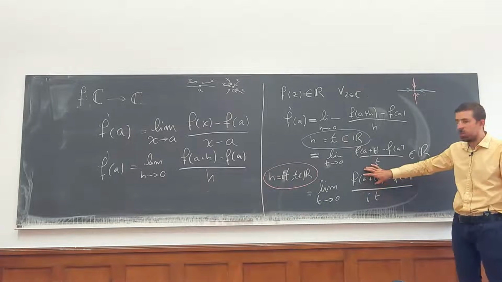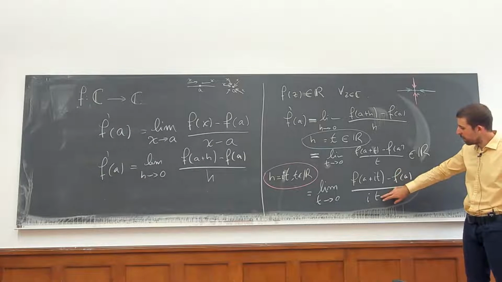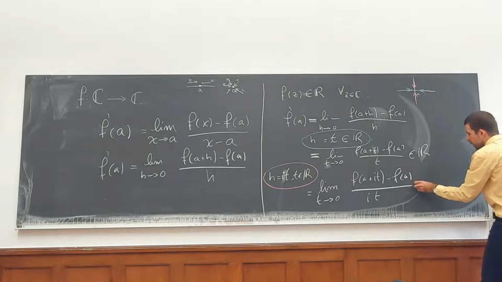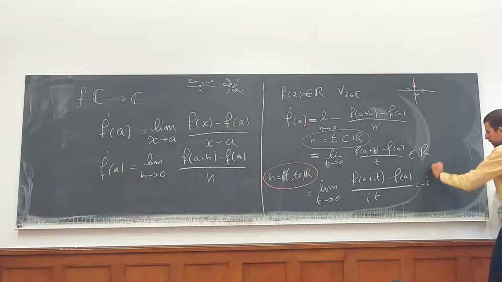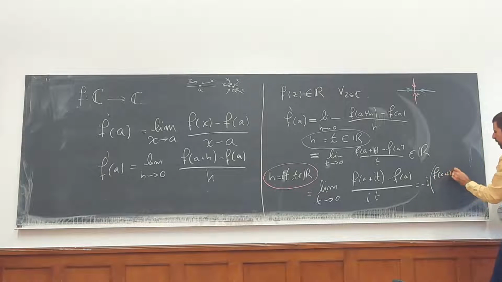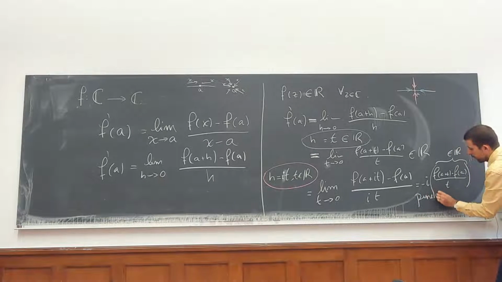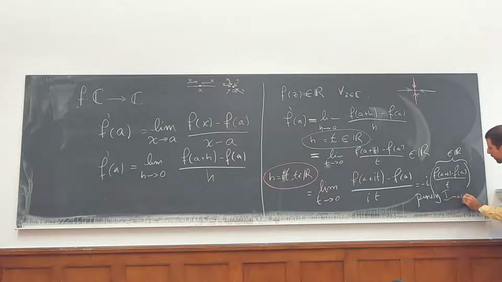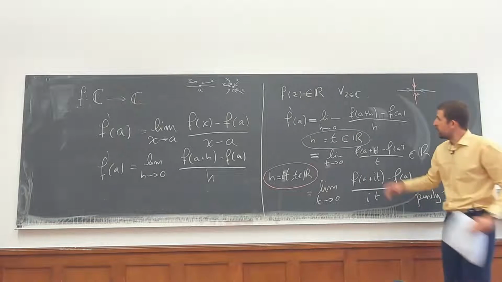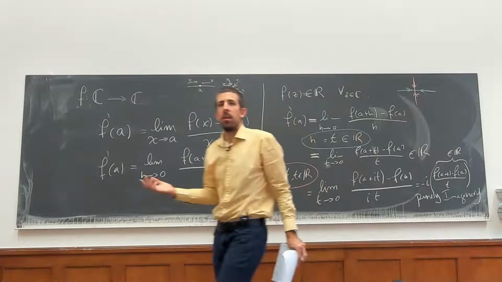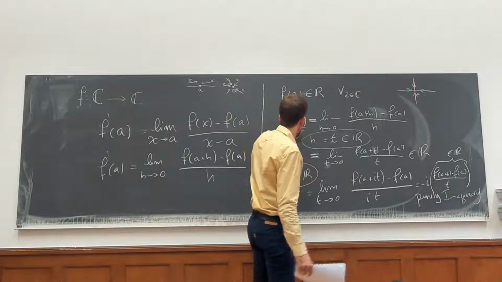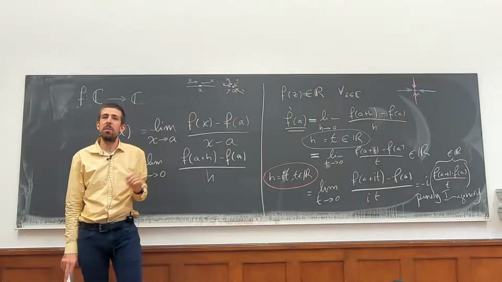Now this is real. We're subtracting another real, dividing by a real, but also by i. So in particular, this is equal to, say, minus i times, okay, I'll write this very small, I'm just writing the same thing. Because this number is real, this is purely imaginary. What I mean by purely imaginary is simply that it's a multiple of i. So this means that this number here needs to be both a real and a purely imaginary number.